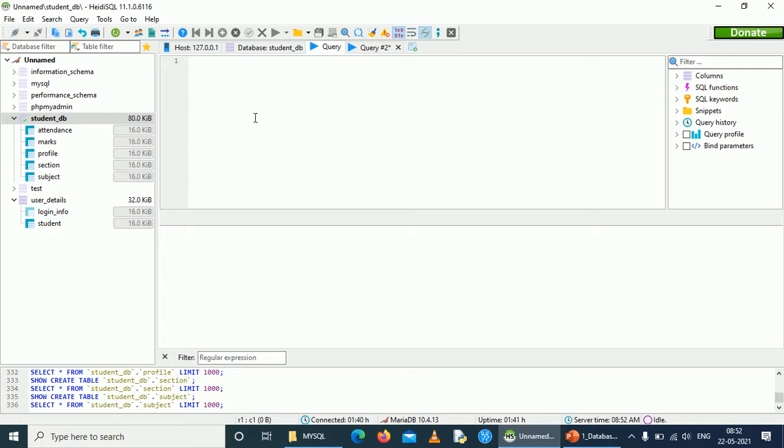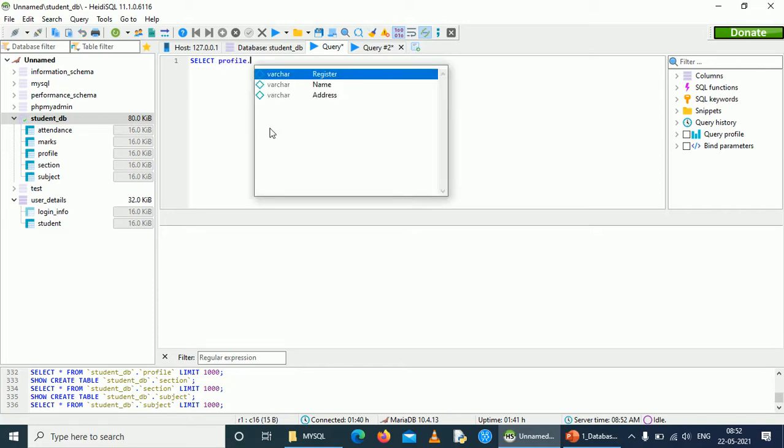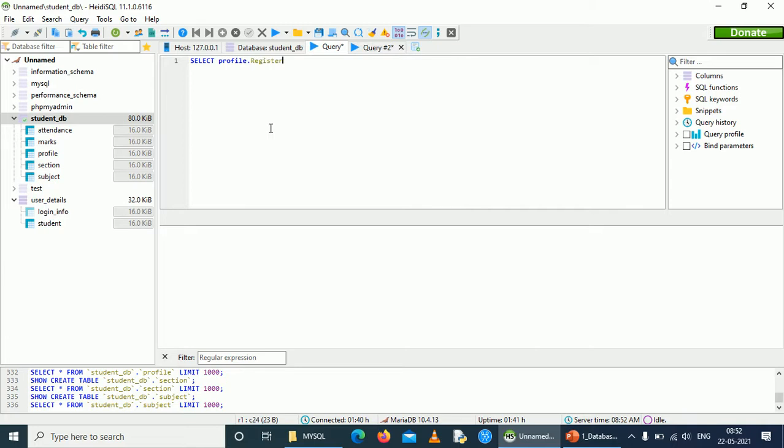Now we are going to join register number, name and section. Select profile.register number, profile.name.